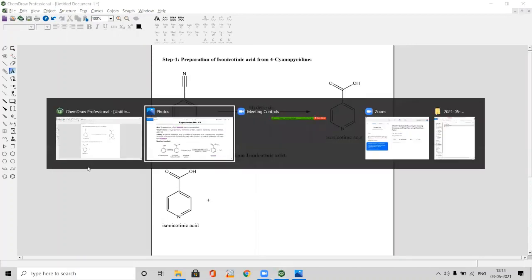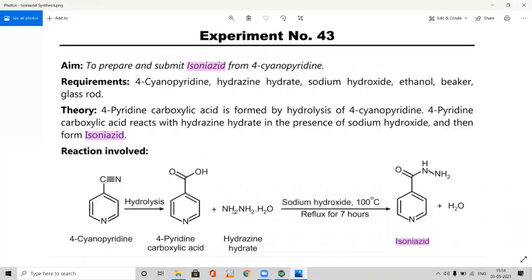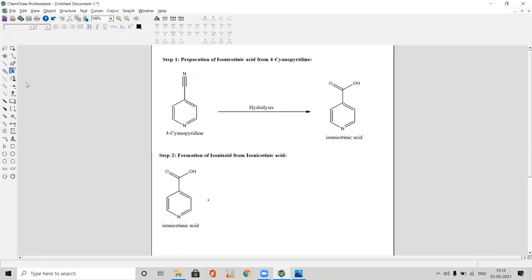Now you need to add this hydrazine hydrate structure, NH2NH2 monohydrate. That also we are going to incorporate in the reaction through this icon called text. Click here, write NH2NH2 dot H2O. Now you can observe the numerals in H2O, the 2 should be subscript.